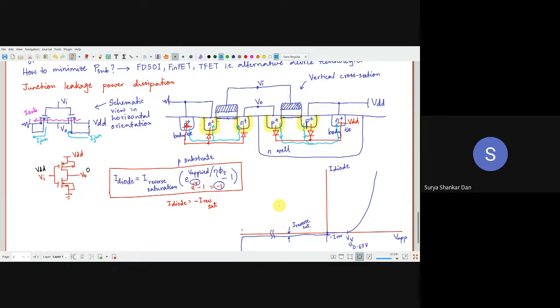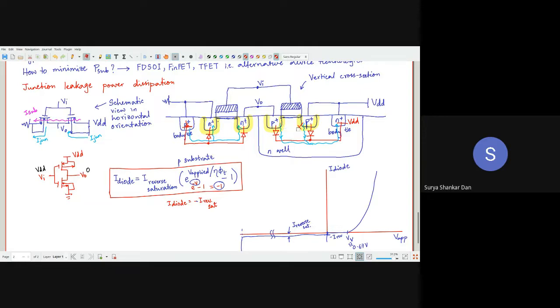Latch up, many of you might be thinking, is also related to this. This is actually something called the parasitic BJT effect, which we will see later on. Because if you notice, this is P plus, N well, and P plus. So here you are having one diode, this is another diode. In other words, you are having this particular situation here: one diode here, other diode here. P plus, N, P plus. This is a typical parasitic BJT effect.